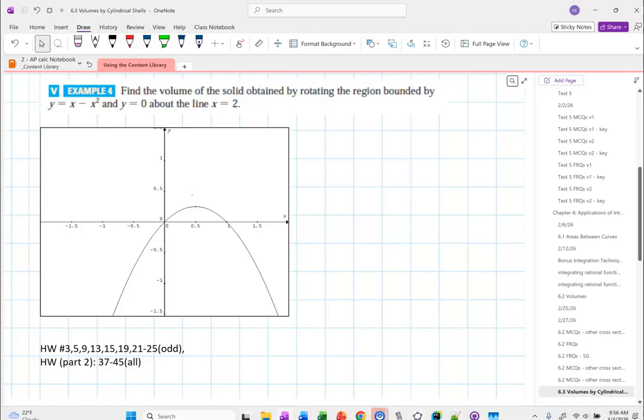So we are finding the volume of the solid obtained by rotating the region bounded by y equals x minus x squared and y equals 0. So we're talking about that region here, about the line x equals 2. I look at the setup of this problem. If I try to do this with a washer,